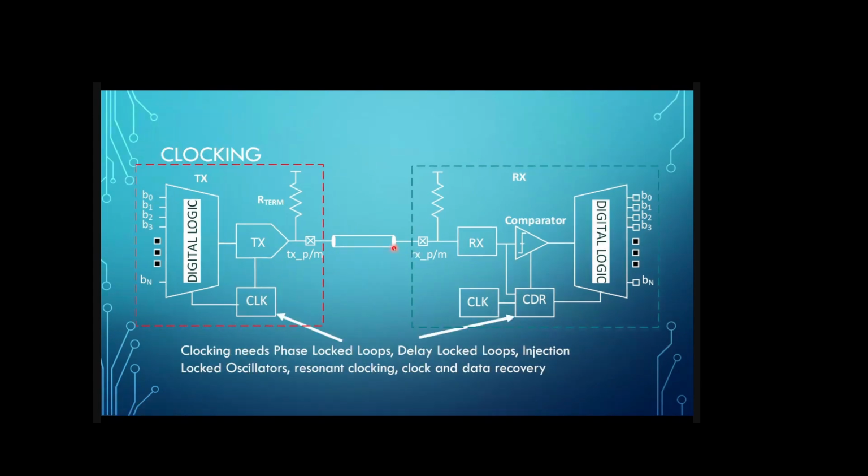So now we're gonna go to the next topic. So now clocking comes in. Clocking is one of the most important things we talked about. Clocks are the heartbeat. If I take our body as the thing which we communicate, I'm using my mouth to communicate. That's my transmitter. And you're receiving through your ears and other senses too. So the receiver is on the other side there. But at the end of the day, we have a heartbeat which tells us to do things at a specific time or a beat. Usually in a circuit, it's called clocks.